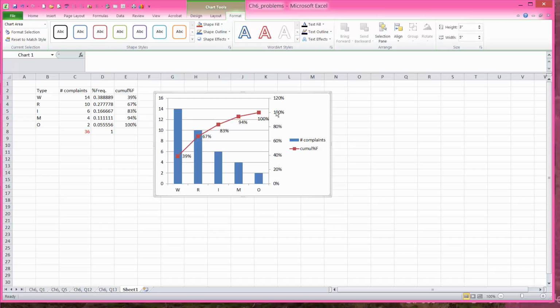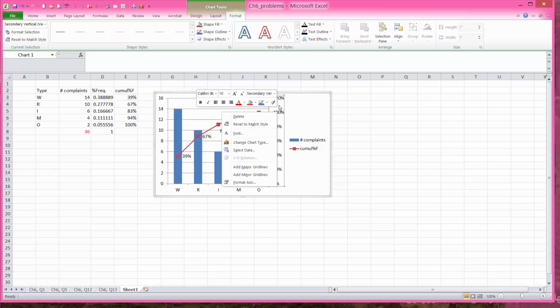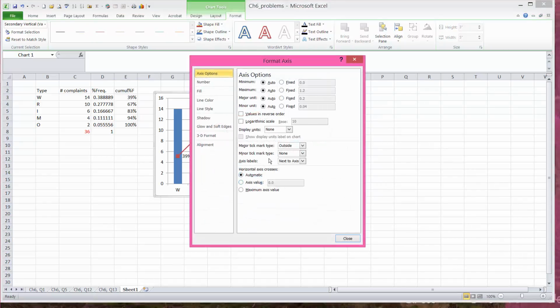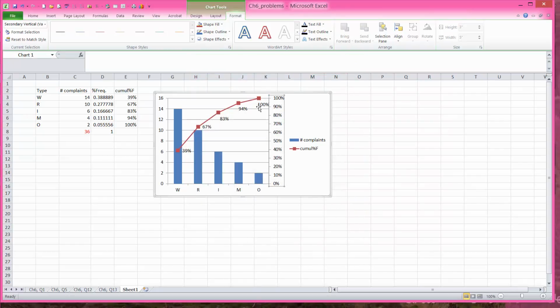Now, if you right click on here and Format Axis, see the maximum is right now in auto. If I say I want to fix it to 1 and then close it, notice that now 100% is the maximum. So you can play with it, but